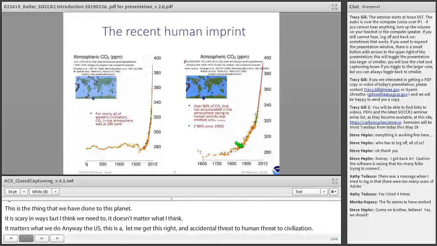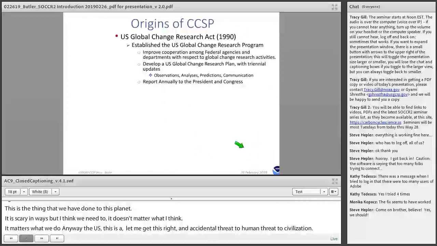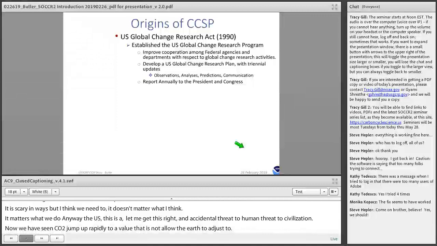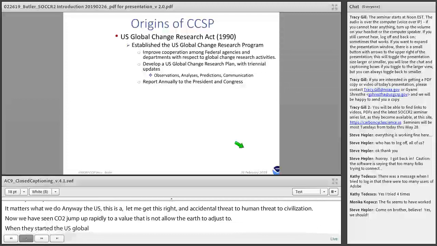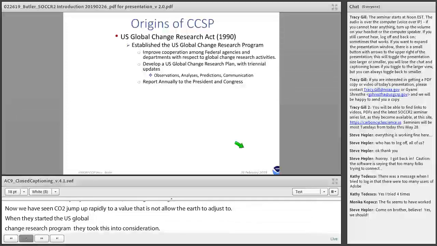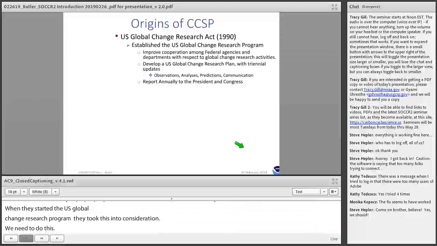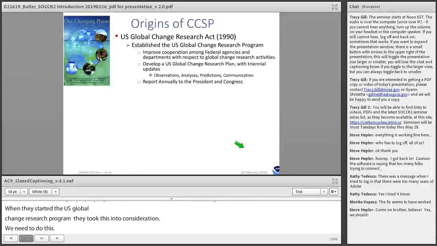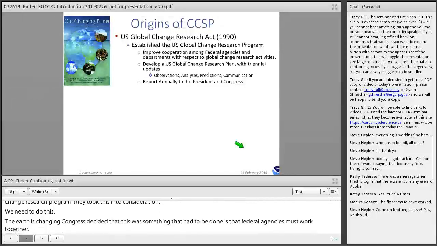Next slide. So when they started the U.S. Global Change Research Program, they took this into consideration. They said, you know, we need to do this. Earth is changing. Congress decided that this was something that had to be done. They said federal agencies must work together. They must develop a global change research plan with triennial updates, and they must report annually to the President and Congress. And that happens every year with this volume called Our Changing Planet,